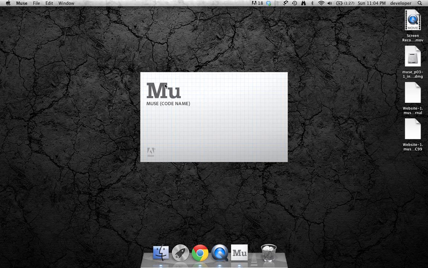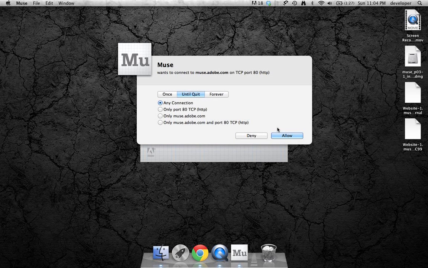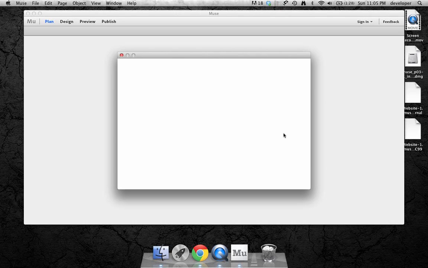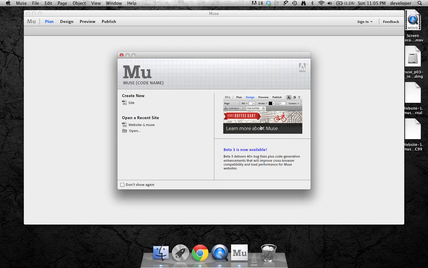So let's go ahead and take a look at it. The first time it launches, it takes a minute. It's got to set up some defaults and stuff. But typically after the first launch, it only takes a few seconds to launch. So you get a familiar view that you get with most Adobe products. It's your little intro screen that gives you updates on what you can learn. It's telling me that there's a beta 3 available, and then it gives you the create new